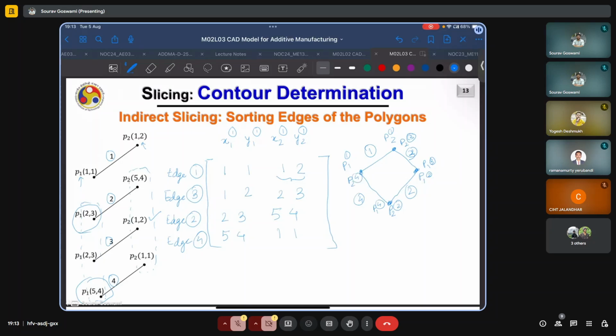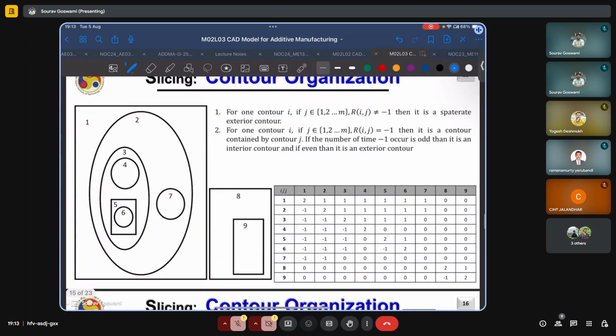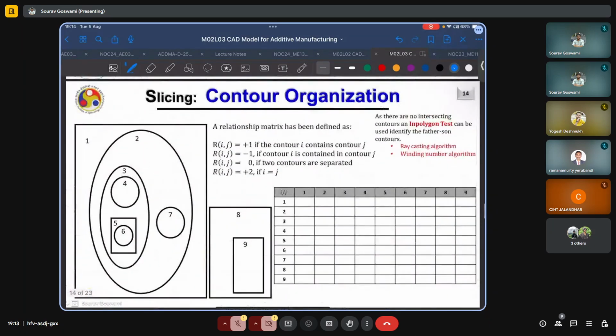And to ensure that it forms a closed loop, we see that the last xy point and the first xy point are the same. We also saw this in the definition of a valid solid. Now that the contours are sorted, we must also organize them. And organization basically means that we have to identify which are the contours within which material will be deposited, or if there are any empty contours, how these contours are linked to each other. And for this, a relationship matrix has been defined here. So this was also solved, and the solution is given by Professor Kapil,